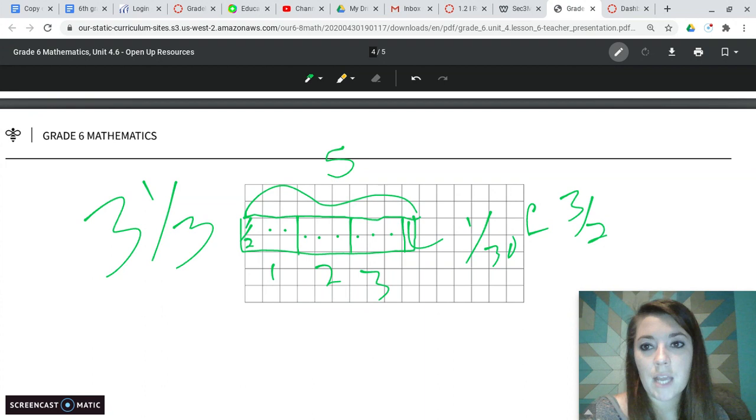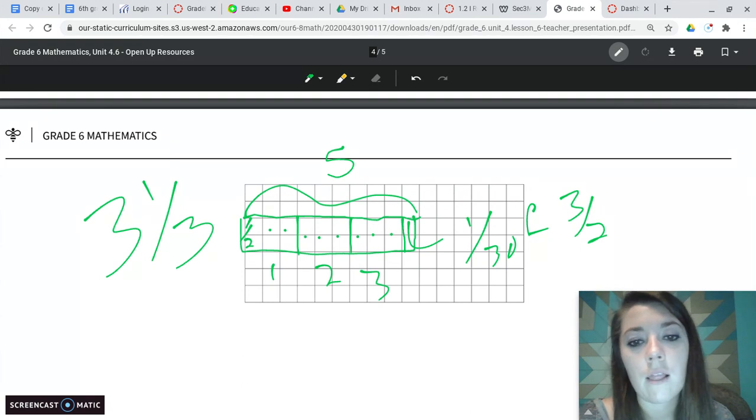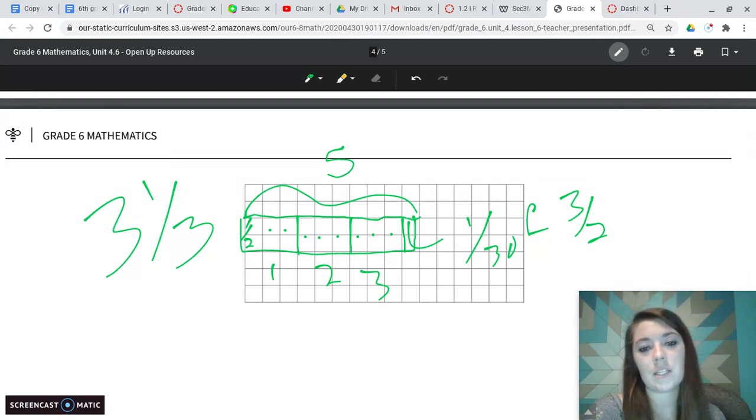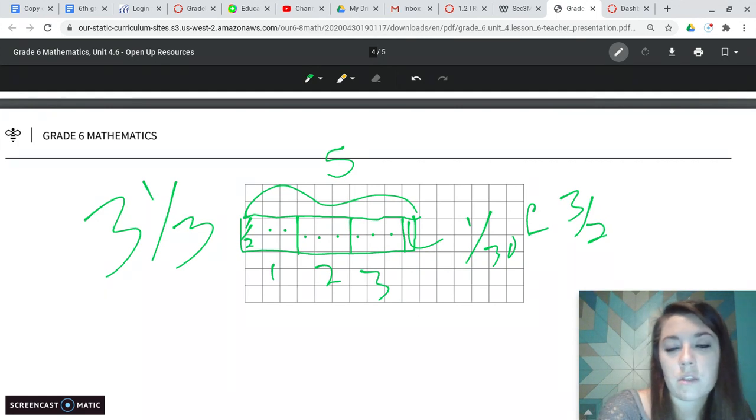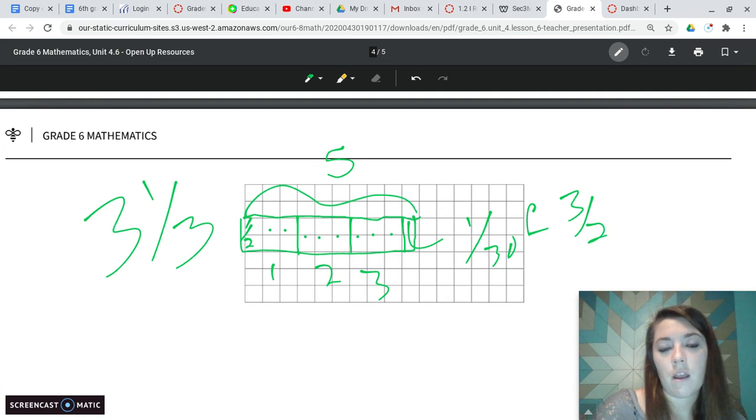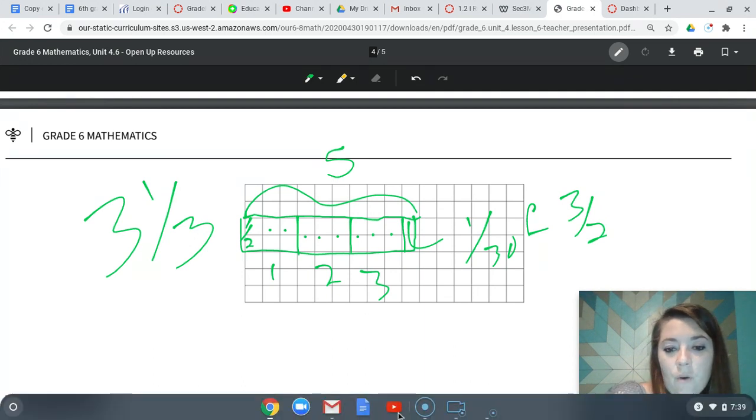So this is using tape diagrams. Tape diagram is your keyword for this lesson. Like I said before, they can be really helpful in visualizing the process of dividing and putting things into groups. So very, very beneficial. All right, if you have any questions, feel free to let me know. Have a great